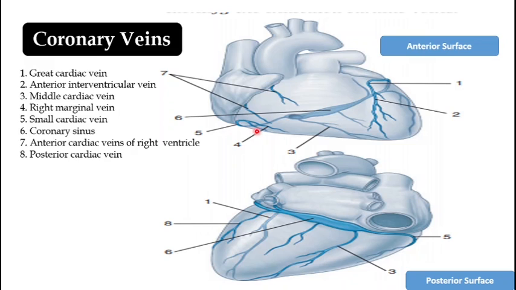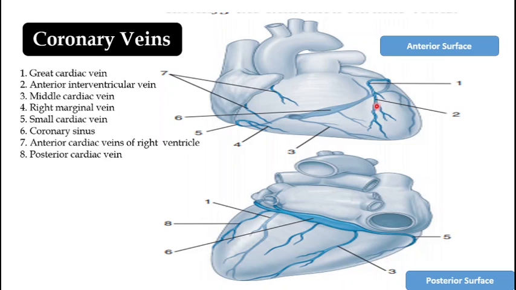Also, we can see the small cardiac vein. This is the small cardiac vein on the anterior surface of the heart, and you can see it bends onto the posterior surface of the heart, and then it becomes a part of the coronary sinus. The coronary sinus is receiving the deoxygenated blood from the anterior cardiac vein, or the anterior interventricular vein,